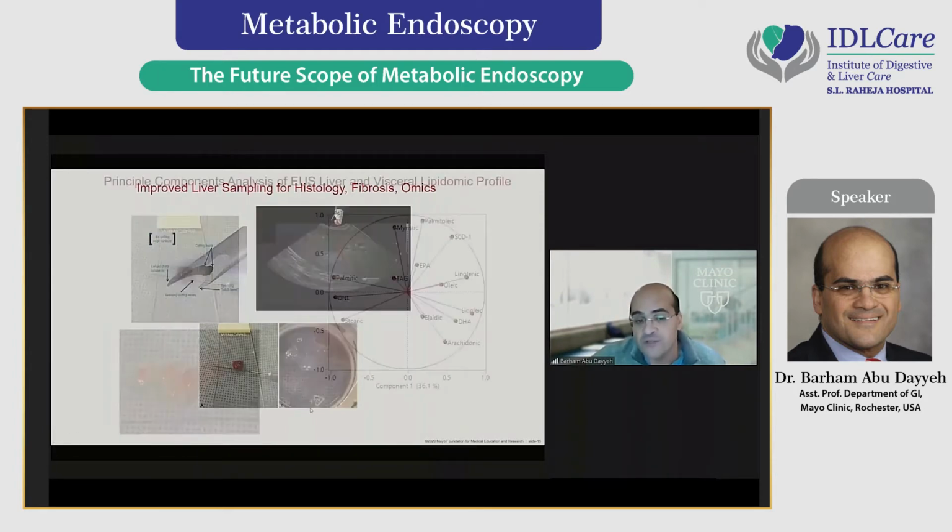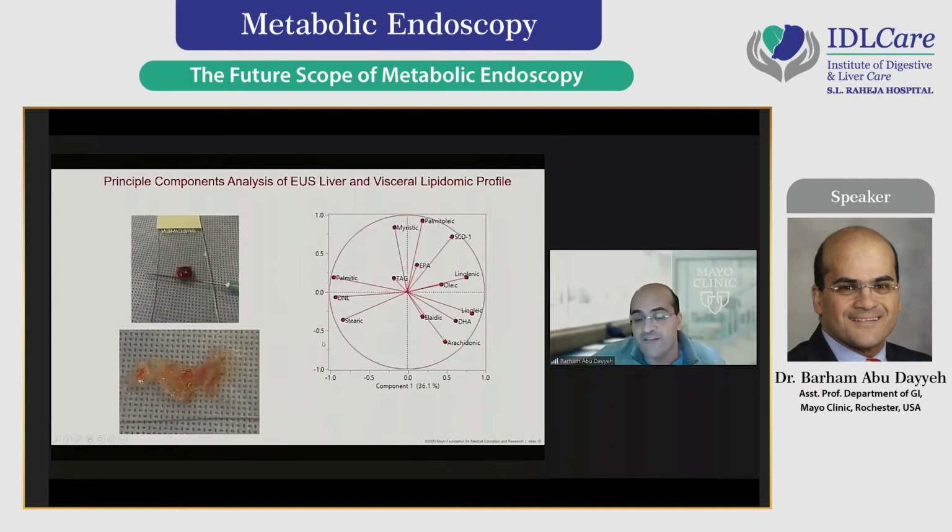And now using this method, we could classify the lipidomic profile of inflamed, unhealthy fat, both in the liver and from this metabolic triangle from the celiac axis as shown here, indicating that we could use endoscopic ultrasound to do prognosis for metabolically healthy versus unhealthy obesity in a way that no other technology could do.